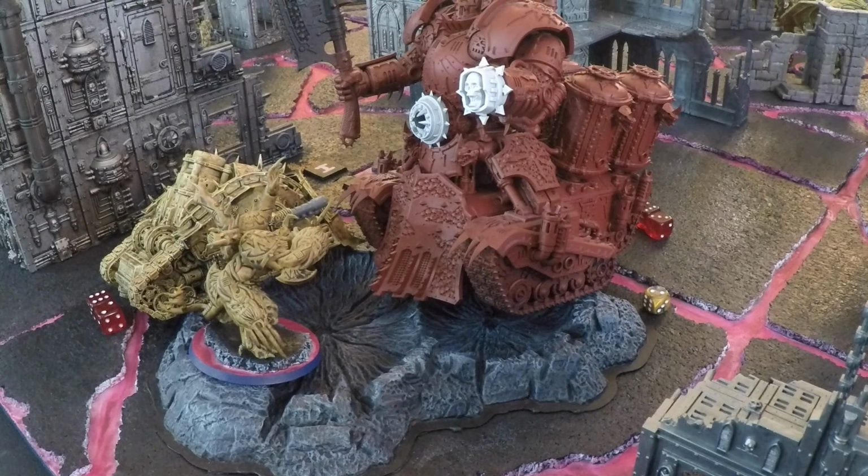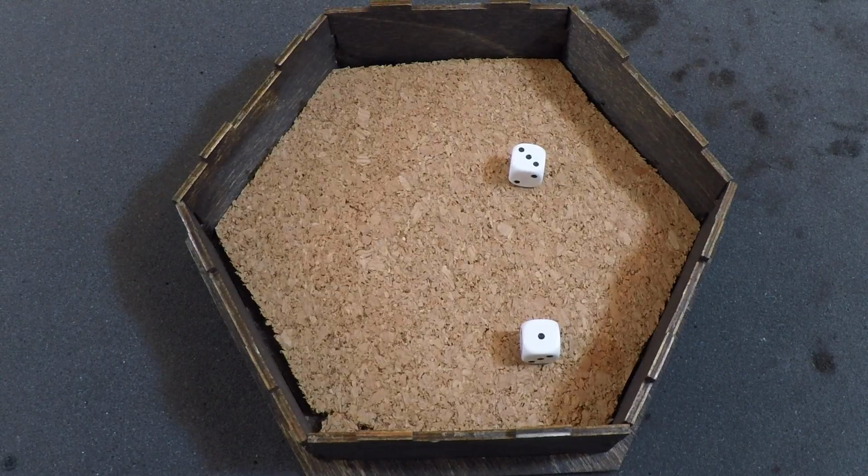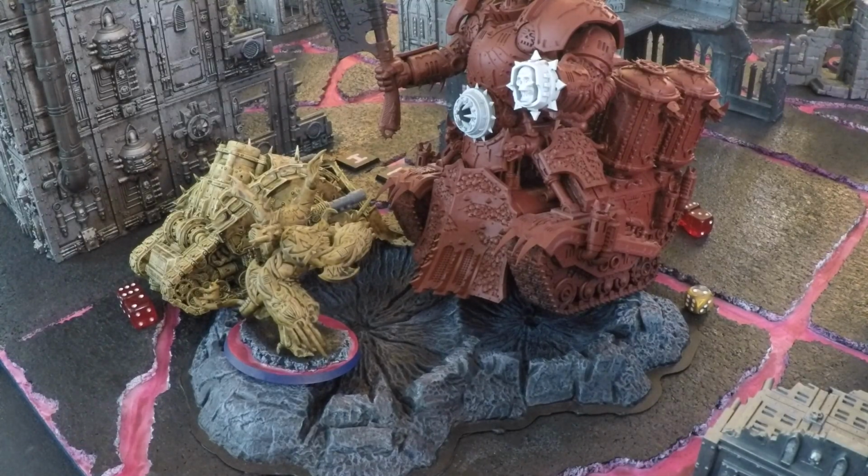of Nurgle, declaring a charge into the Khorne Lord of Skulls. Because the Khorne Lord of Skulls is locked in combat with something other than an infantry unit, he will not be able to fire Overwatch. And so here's the charge range, getting 4 inches. And so even after subtracting 2 from charging through a crater, a 2-inch charge is still more than enough to